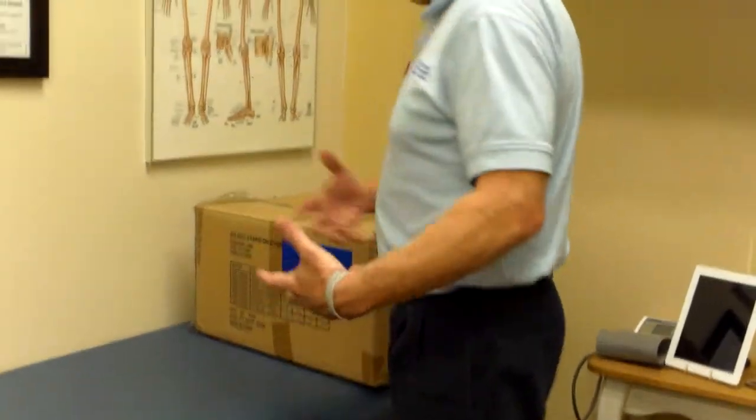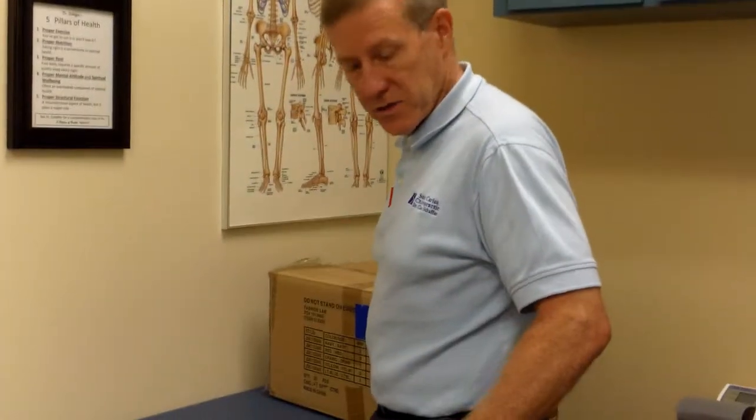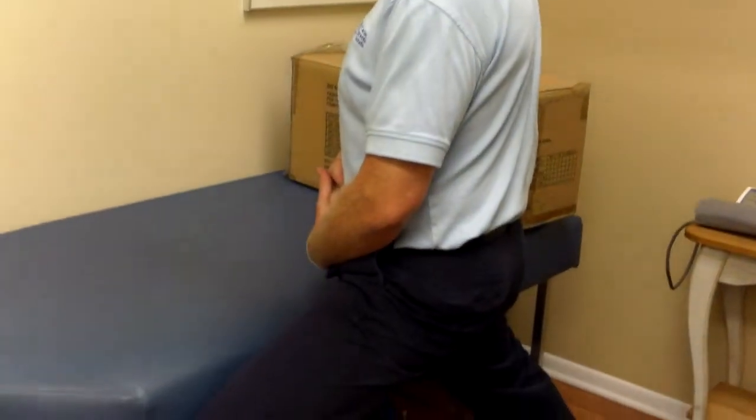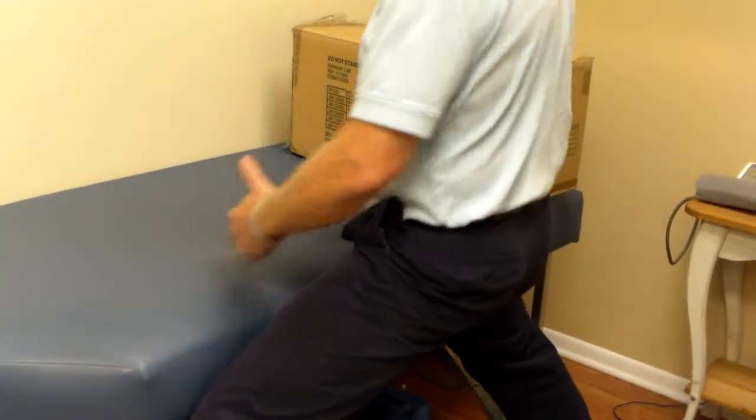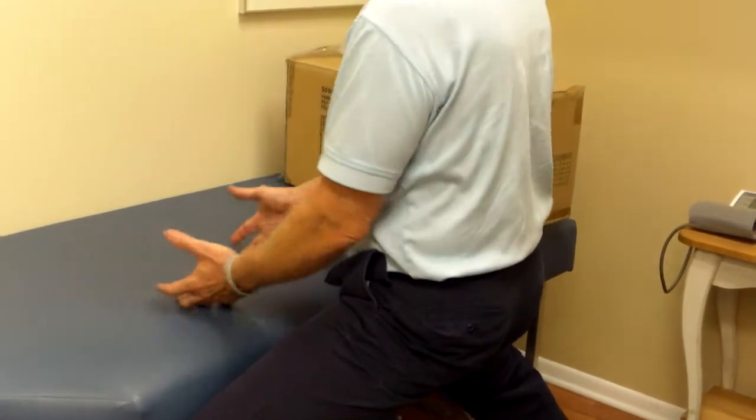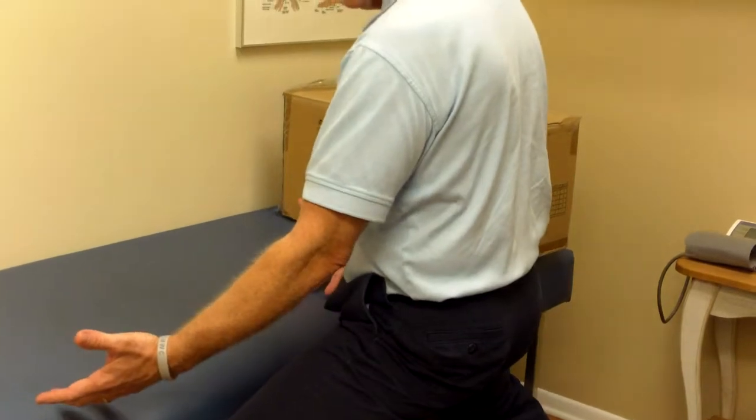If you happen to stand and work, many workstations are just made for one person, which is usually the shortest person. So it's too short for you. If you're having to work on something, spread your feet apart just a little bit, kind of get down bent at the knees, again keeping your spine nice and straight, in this position to where you can get down and your arms can comfortably just relax and you can work on that particular object, whatever it is,